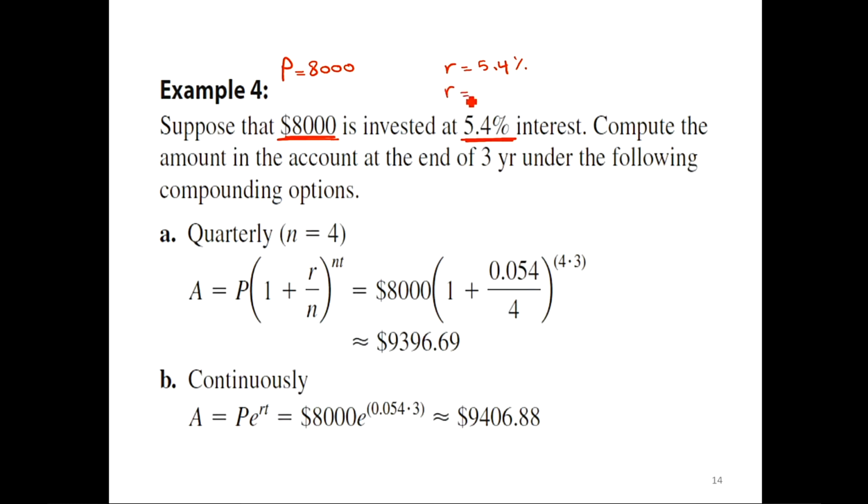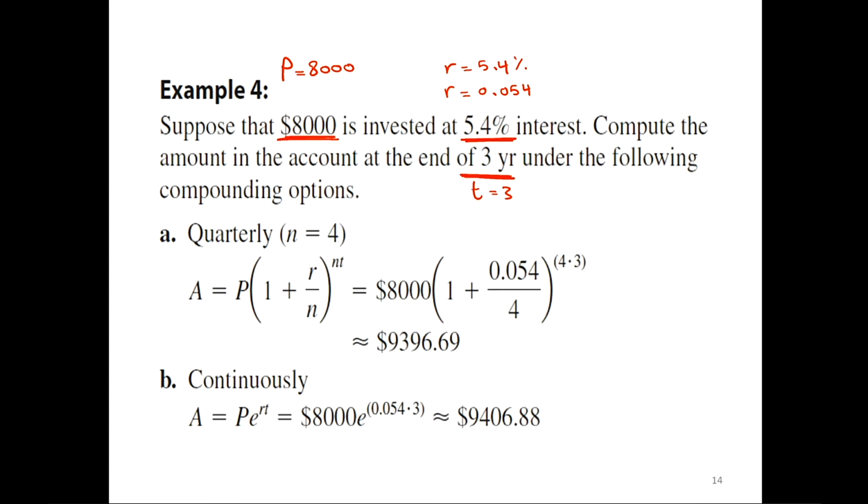R equals 0.054. This is the value of the interest rate. Compute the amount in your account at the end of 3 years, so T equals 3,